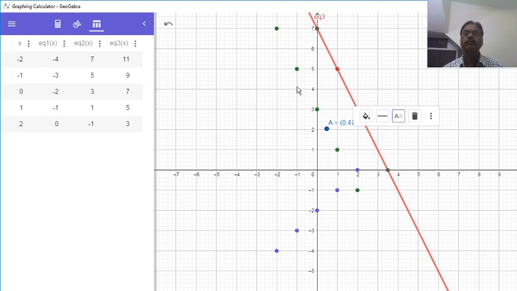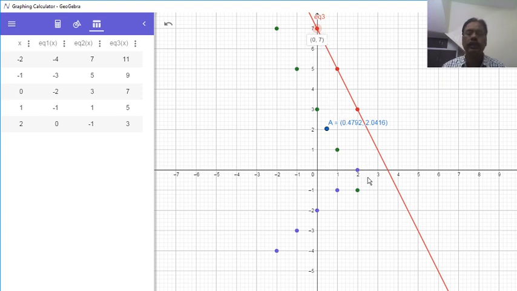Now let us check what is the coordinate of this point where I am moving our cursor. The coordinate of this point is, look here, 1 and 5. Let us see, is it 1, 5? Yes, it is 1, 5. Similarly, look here, what is the coordinate of this point? This point is 2 and here 3. Let us check. Yes, it is 2, 3. Understand? So in this way, what is the coordinate of this point? Let us see, 0, 7. X doesn't move, and 7 units on the y-axis.